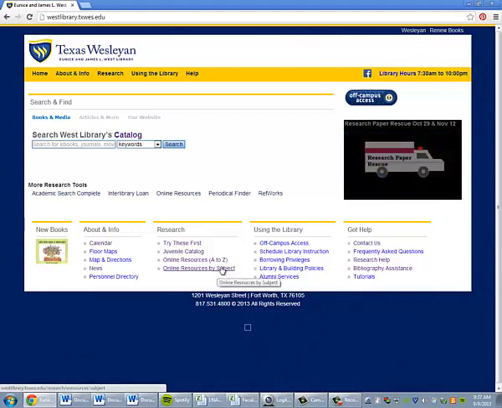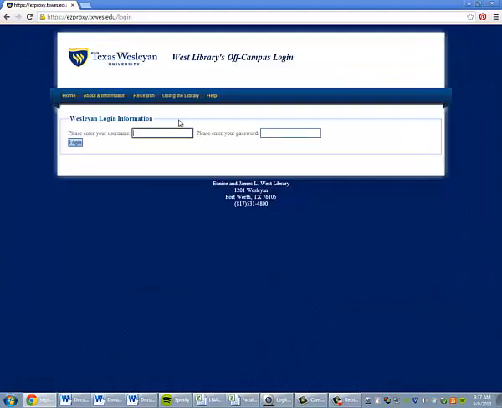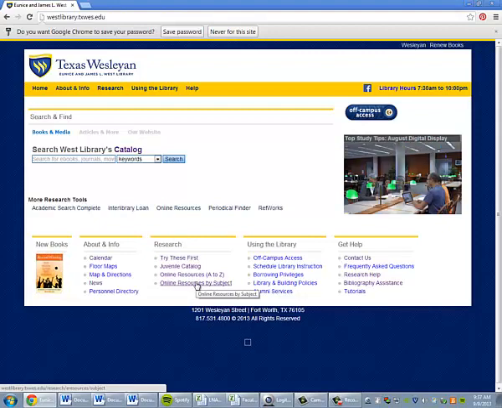All of them are going to be on the library's webpage at westlibrary.txwest.edu. If you're doing this from home, you'll need to sign into off-campus access using the same username and password you used to get onto the systems, the computers on campus. You'll want to go to Online Resources by subject